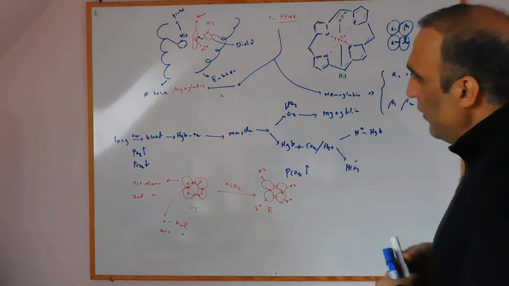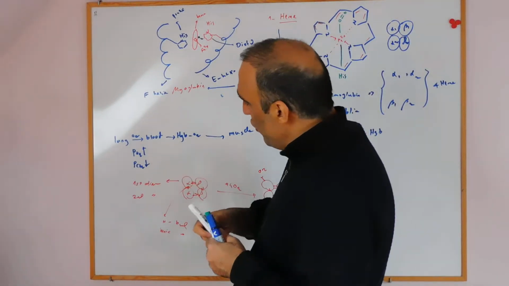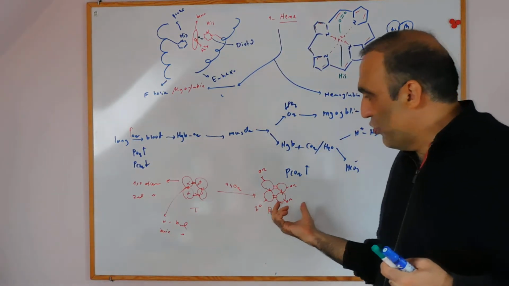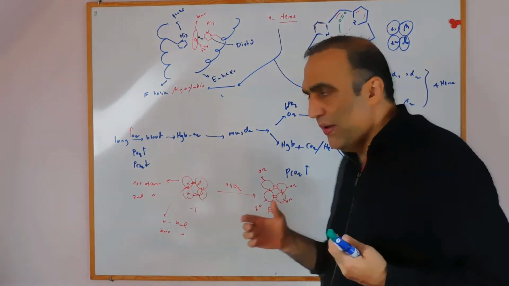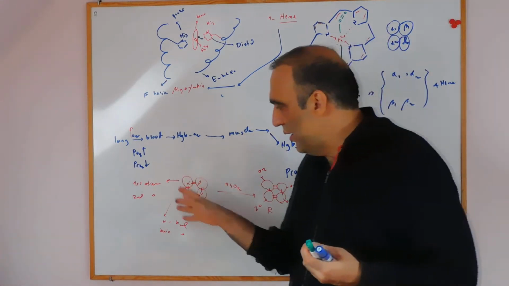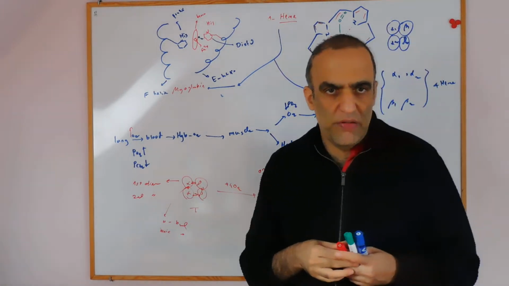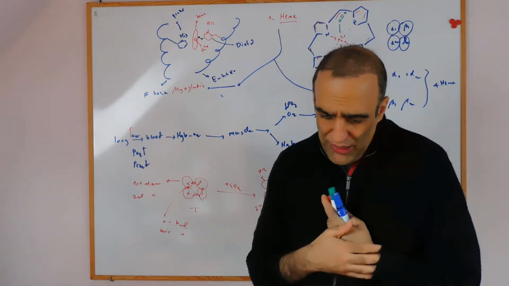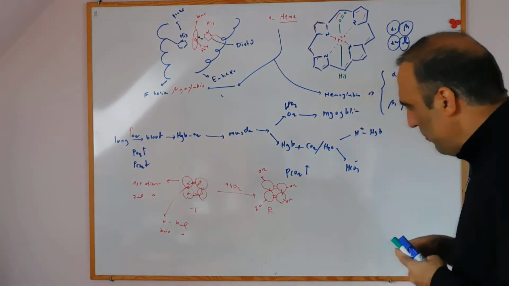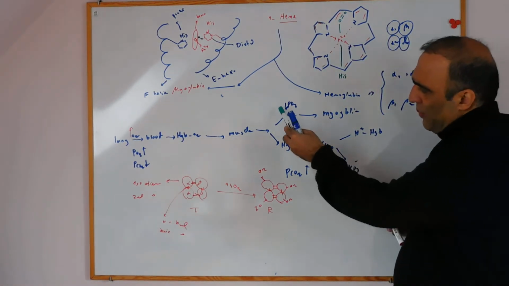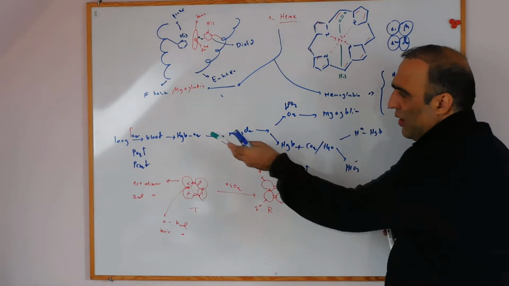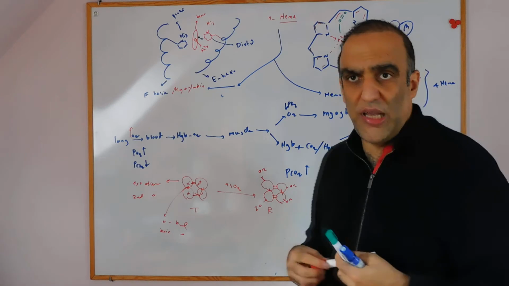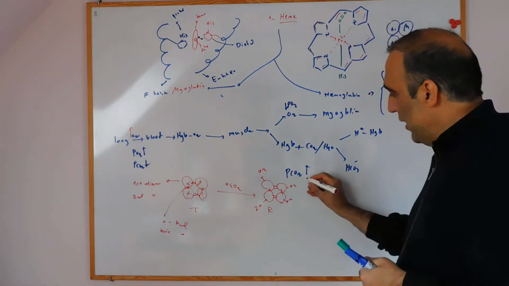And as I said, when the oxygen pressure is high, the saturation of hemoglobin is higher. For example, near the lung, all of the hemoglobin can be saturated with oxygen. But there is another system that can affect the binding of hemoglobin. Maybe you ask me, how is it possible, if near the lung the pressure of oxygen is low, how does the hemoglobin lose oxygen? It's very easy, because near the lung the pressure of carbon dioxide is higher, then the pH